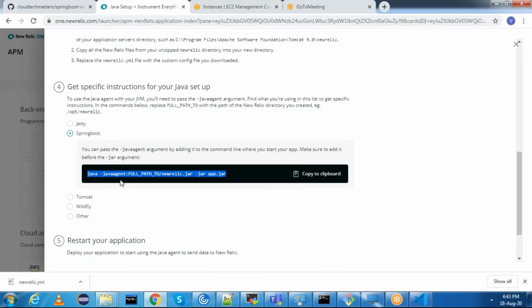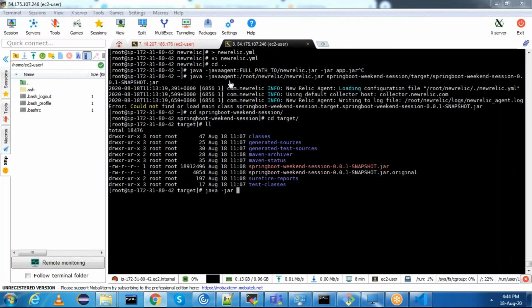What is the command? java hyphen javaagent colon, this one, and then our application jar file is this.